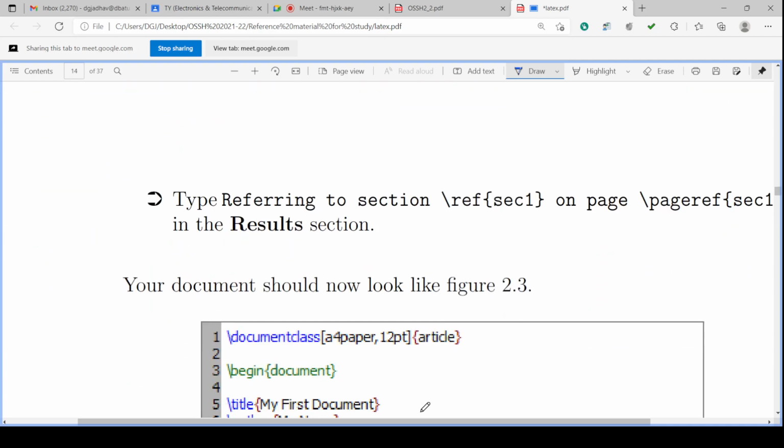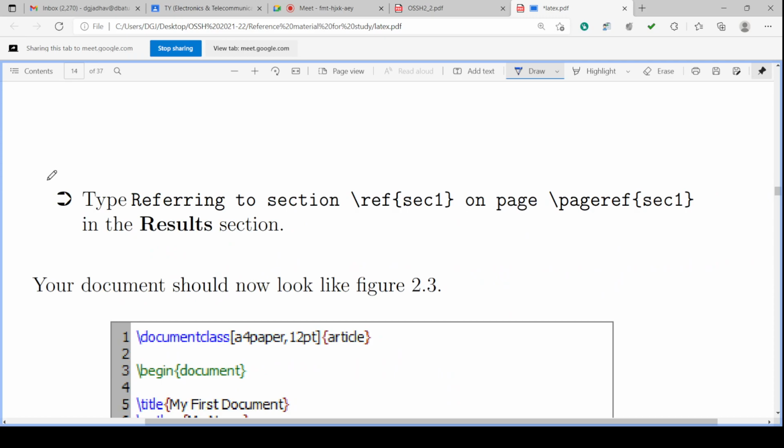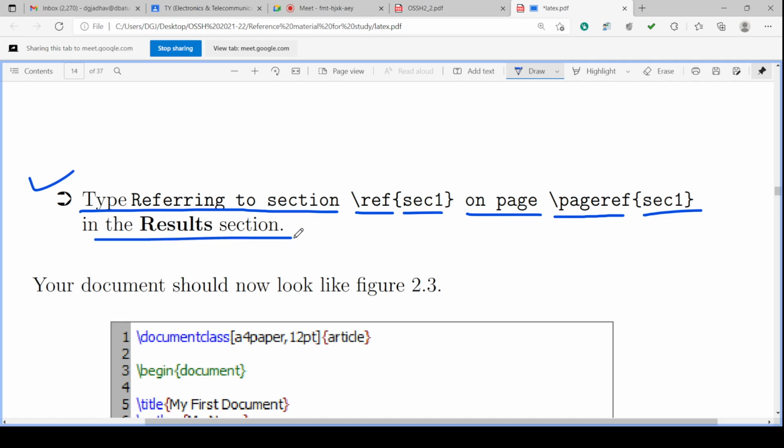Now what we will do, the action is to type the referencing to the section. For referencing we type \ref{sec1}, and on the page \pageref{sec1}, in the result section. We are taking sec1 into the result section.